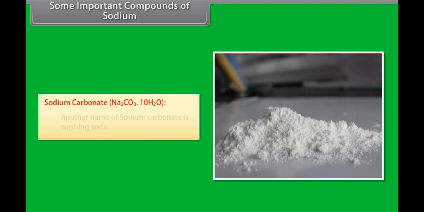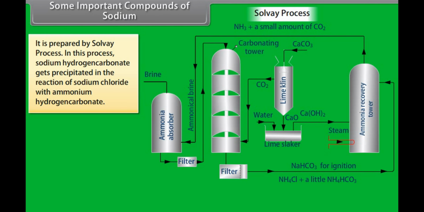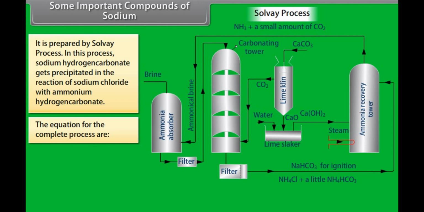Sodium carbonate. Another name of sodium carbonate is washing soda. It is prepared by Solvay process. In this process, sodium hydrogen carbonate gets precipitated in the reaction of sodium chloride with ammonium hydrogen carbonate. The equations for the complete process are